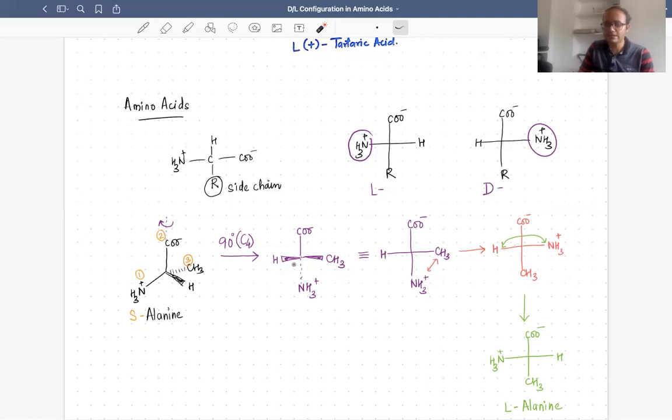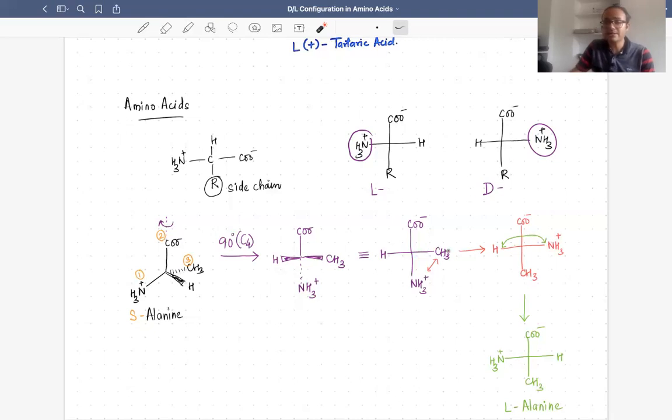Whenever you convert like this, you can check for yourself whether your compound is correct or not. If I check the priorities 1, 2, and 3, it is clockwise, so it should be R. But since our lowest priority, that is the hydrogen, is on the horizontal bond, whatever configuration you are getting should be opposite. So it is the S configuration. So it's the correct Fischer projection formula.